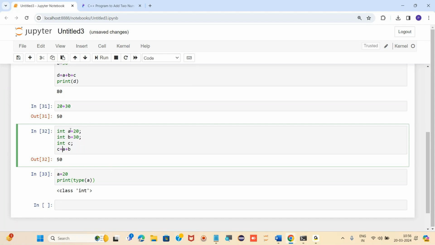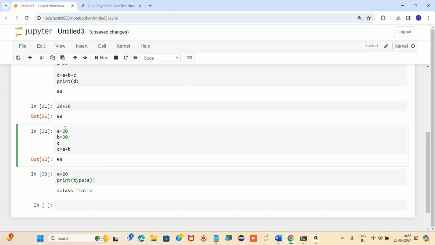But in Python, as it is a dynamically typed language, we do not need to worry about integer, float, character, any kind of data type. Implicitly, PVM knows everything. PVM is nothing but Python virtual machine, which executes the code.